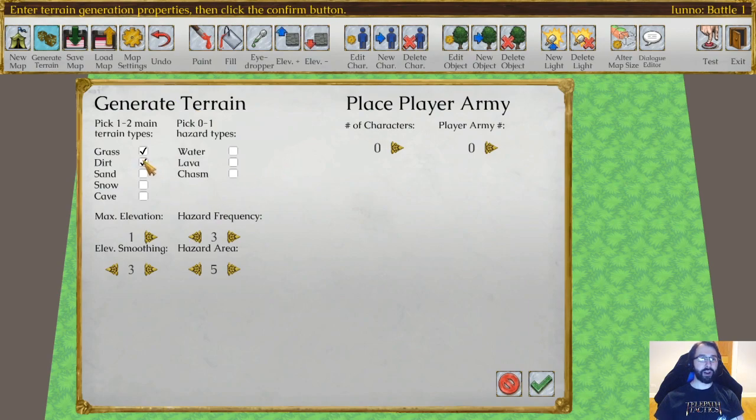Let's say we want it to be mostly grass and dirt. We don't want any elevation above 1, but we do perhaps want some water. Water is considered a hazard type. We can set the hazard frequency and how much map area it takes up. So let's say we just want one instance of water on the map, but it takes up a lot of